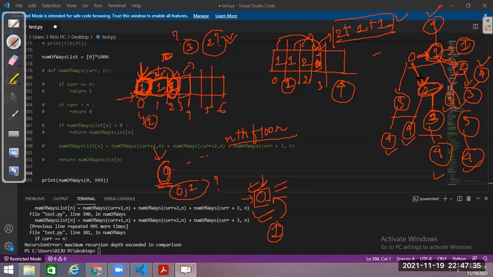Getting it? So from 3, observe, from 3 how many paths are there? 4 are there. So the number of ways in which I can reach 4, that amount will be added to 4 also.